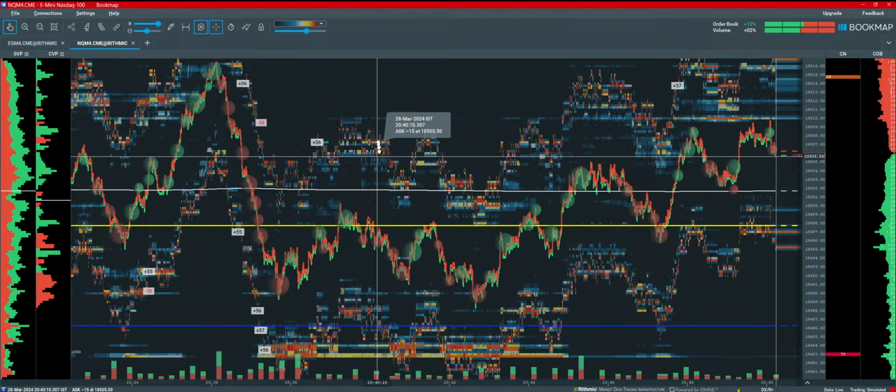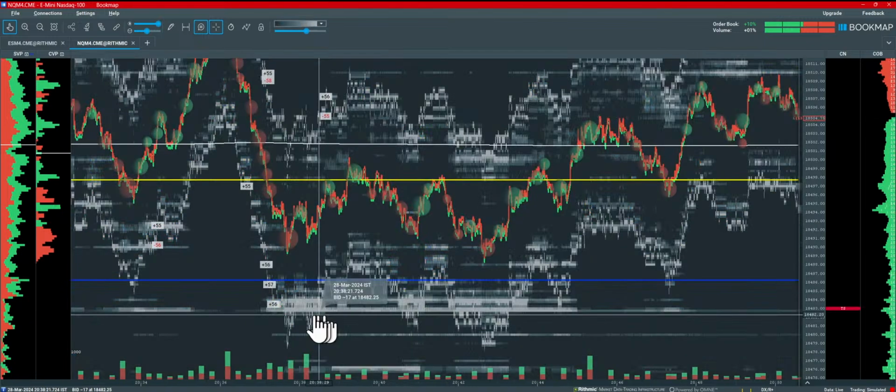Whenever there's an option over here, you can choose if you want gray. These bright gray shades will show the number of passive buyers are more at this level. If you see over here, you can see these levels being plotted on the current order book. So this is COB, current order book, or the depth of market, whatever you like. So you can see with the color as well. What I prefer is this.